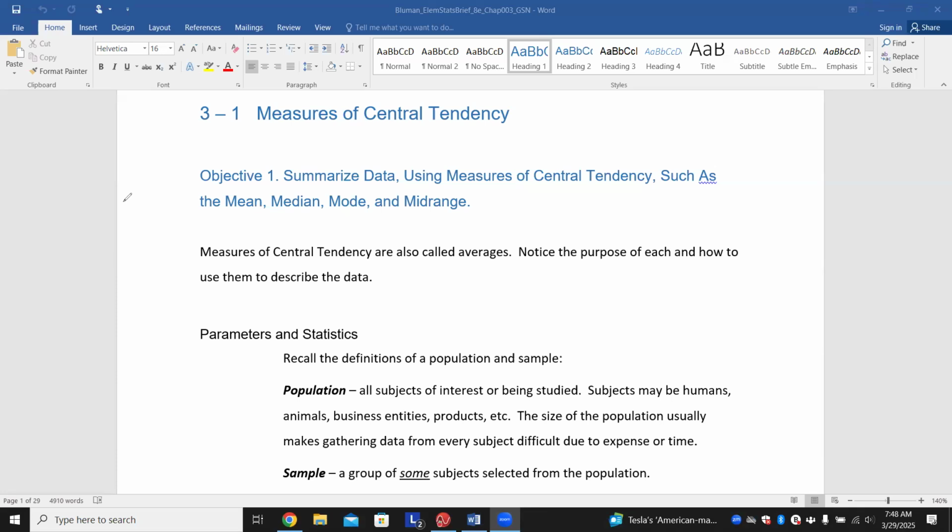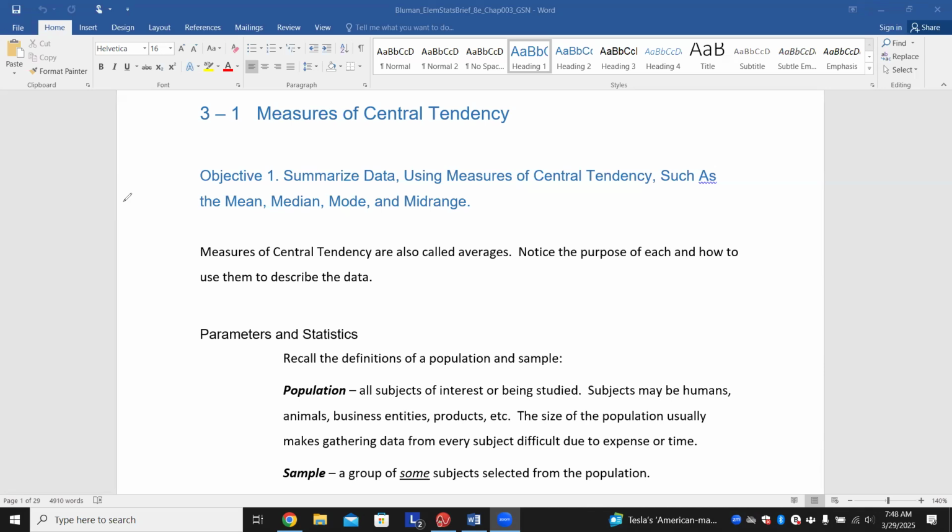Alrighty, so then we're going to be talking about Chapter 3, Data Description today. We'll start off with 3.1, talking about measures of central tendency. Hopefully you remember most of these words, but of course we'll make sure we know how to calculate them as well. So the first objective is to summarize data using measures of central tendency, such as the mean, median, mode,